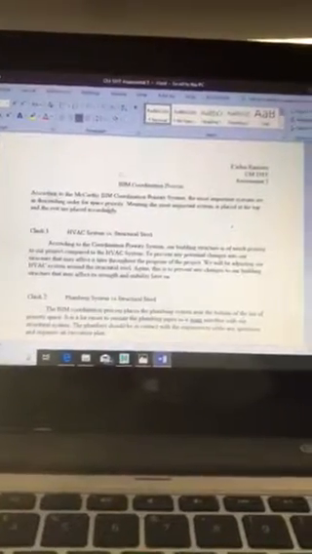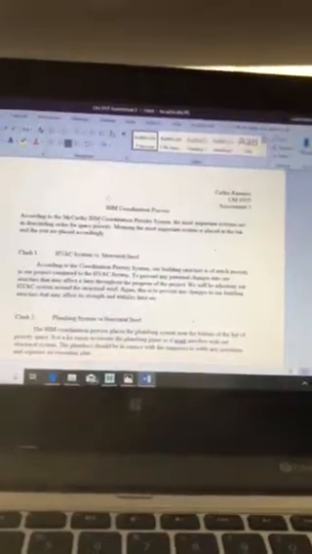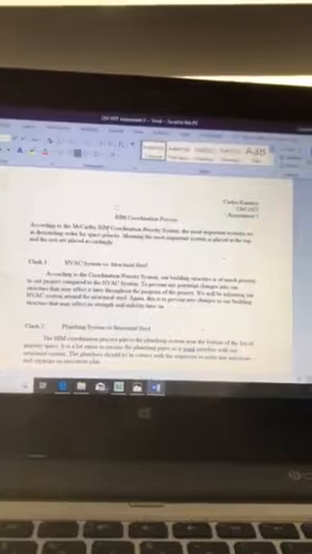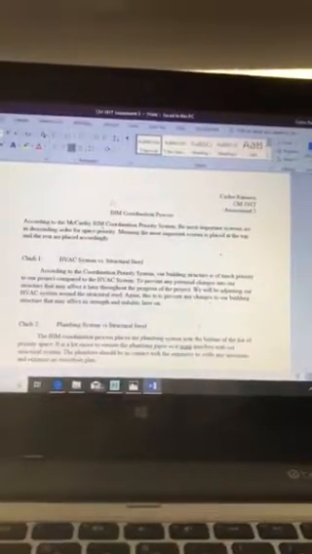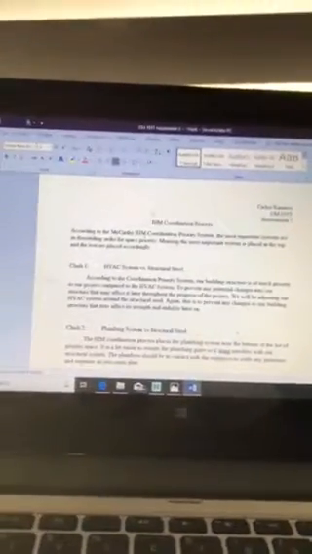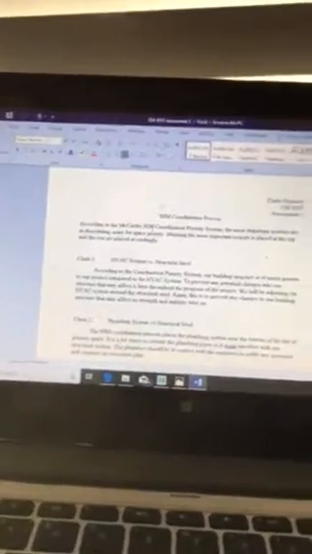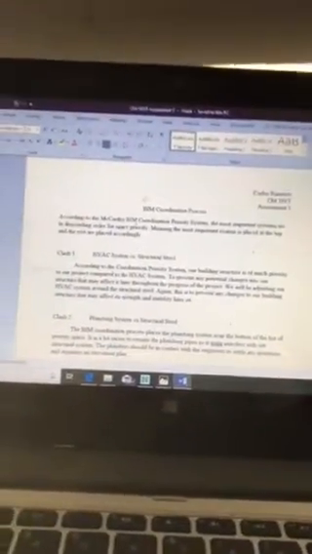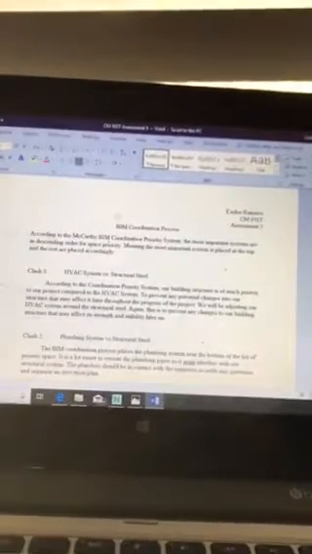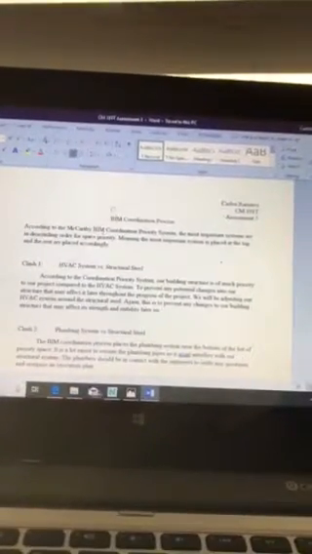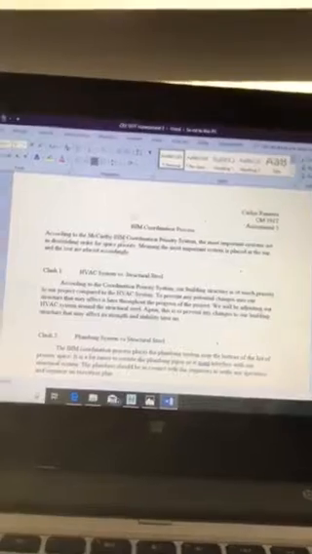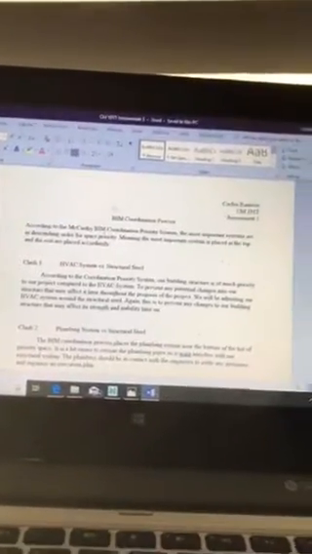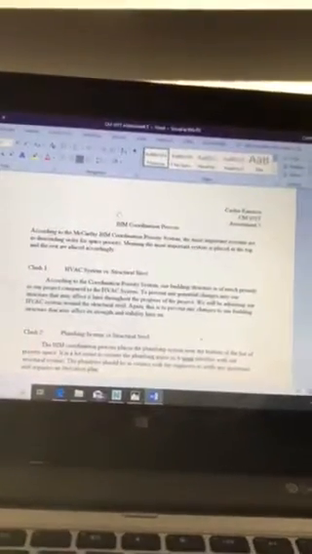According to the McCarthy BIM coordination priority system, the systems are listed in descending priority, meaning the top ones listed on their process list have priority over the ones below. So, according to their system,